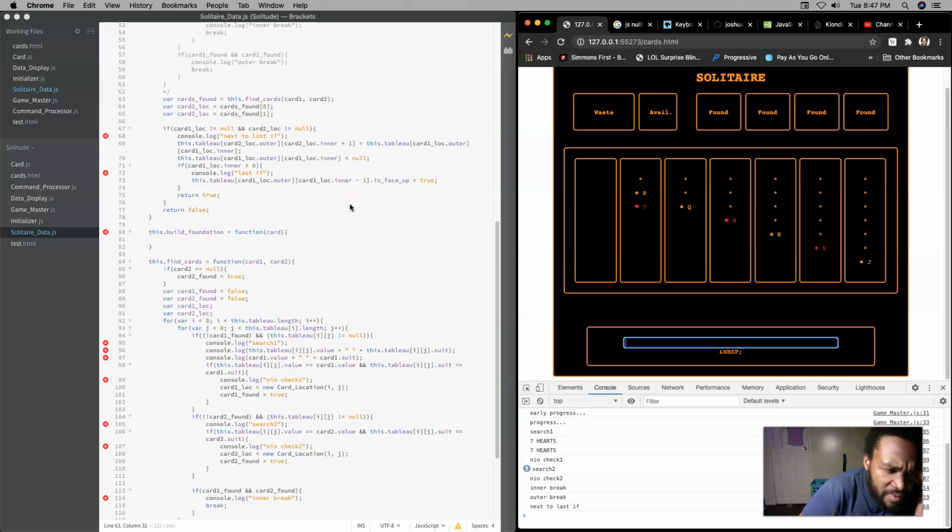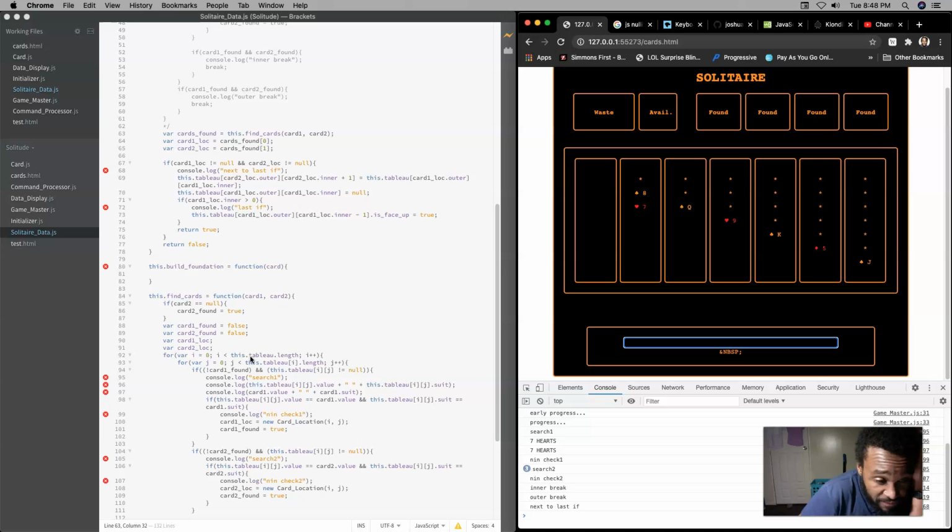Alright, so I had wondered about that. When I made this not on the object, this then refers to the function, which makes sense. So how would I be able to reach up into the global scope? I'm gonna have to leave it like that for right now. But what that means is that you could call find cards from outside of this. This would have to have access to